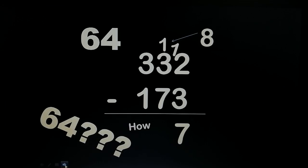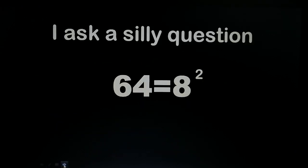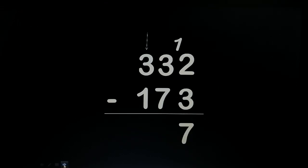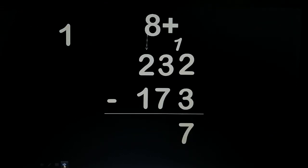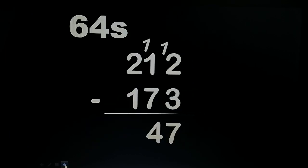64. How did 64 get into it? I hear you cry. Well, 64 is 8 squared, don't you see? When you ask a silly question, you get a silly answer. From the 3, you then use 1 to make 8 ones. You add those ones to the 3, and you get 13 base 8, or in other words, in base 10, you have 11, and you take away 7, and 7 from 11 is 4. Now go back to the 64s. You're left with 2, and you take away 1 from 2, and that leaves...